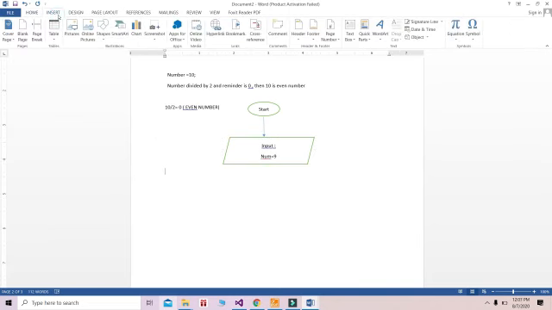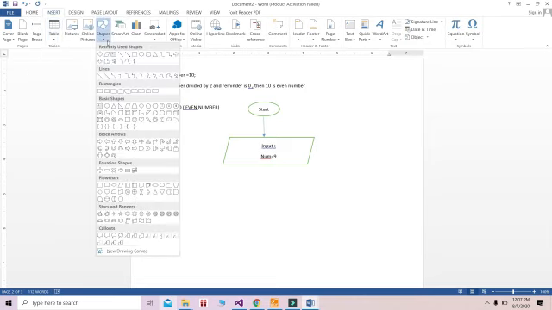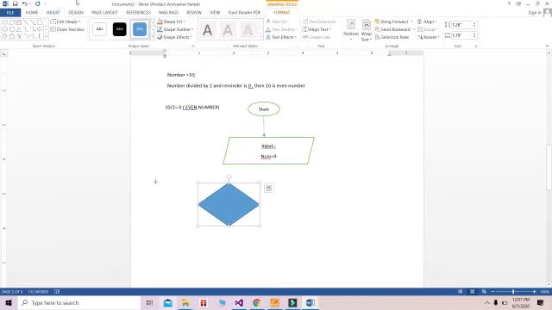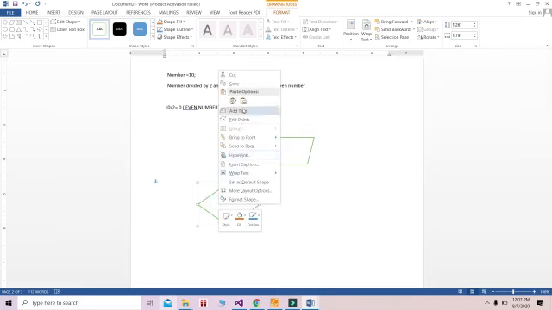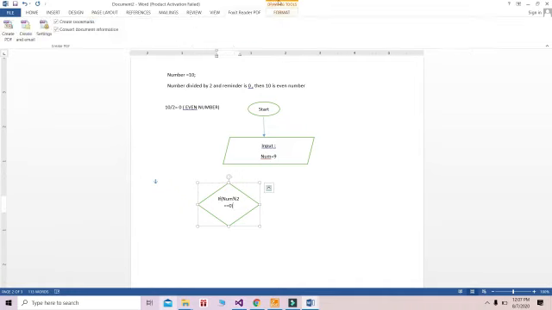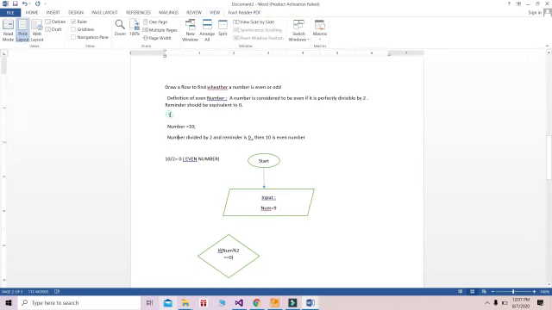Now we need to check the condition whether this particular number is divisible by 2 or not. If it is not divisible by 2, then it's an odd number. If it is divisible by 2, then it's even. So we are going to have a diamond box, and we add the text: if num % 2 is equivalent to 0. This percent sign,